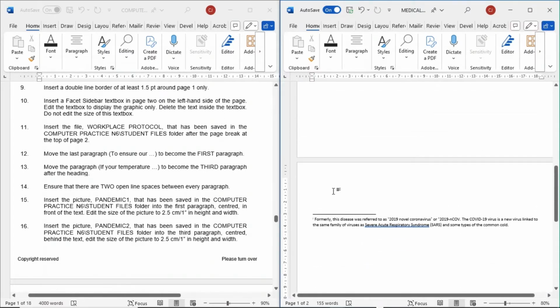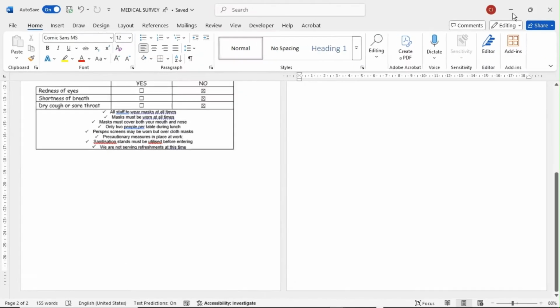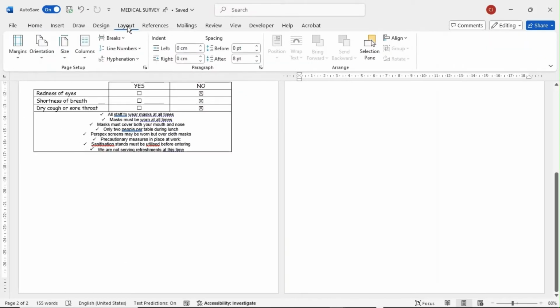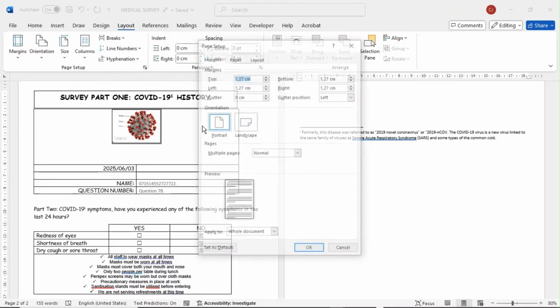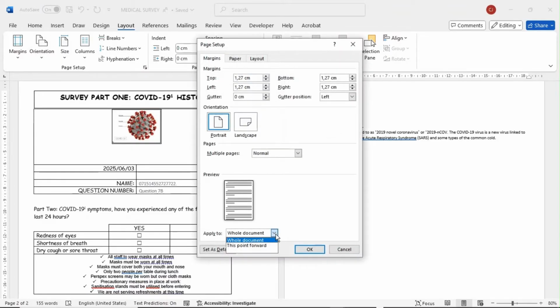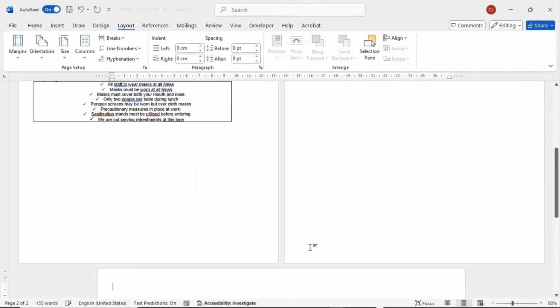Okay, so from here we need to insert. Okay, so now we're going to change the layout of the document on page 2. Make sure your cursor is on page 2. Just say from this point forward, change to landscape.